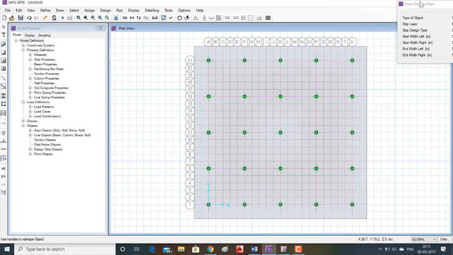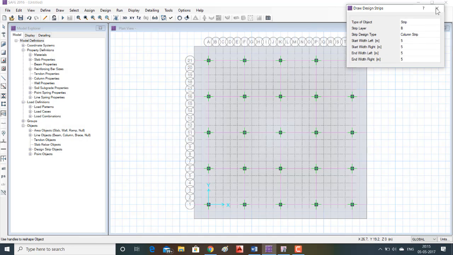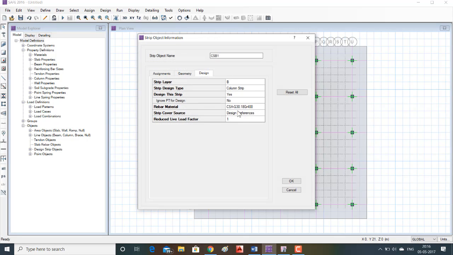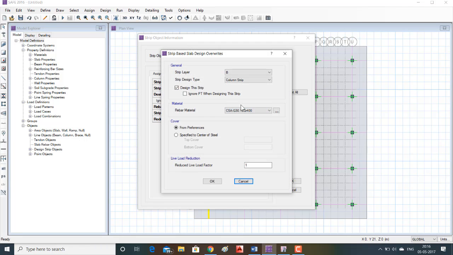Now drawing of strips has been done. Now see that all the strips have been defined with the HYSD 4 and 5. Right click on the strips, set rebar materials as HYSD 4 and 5.